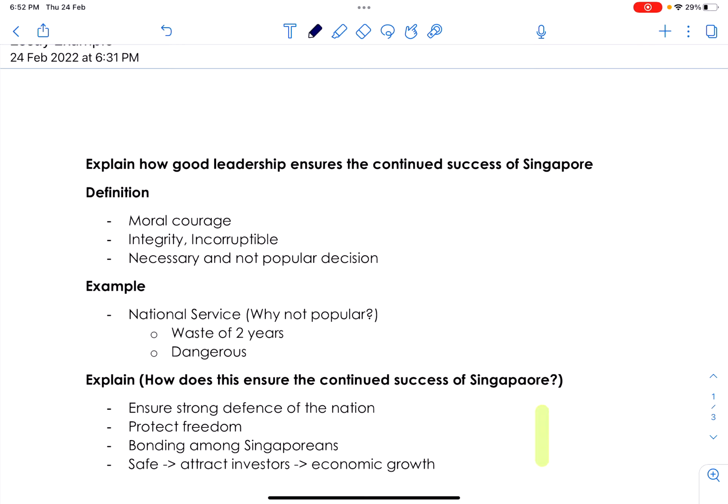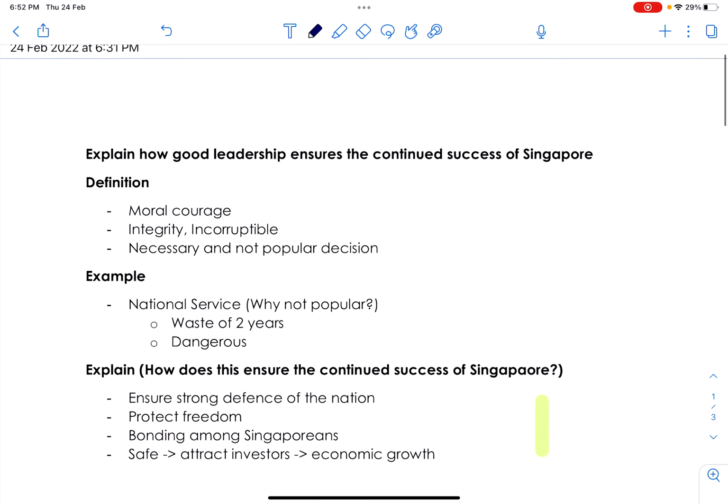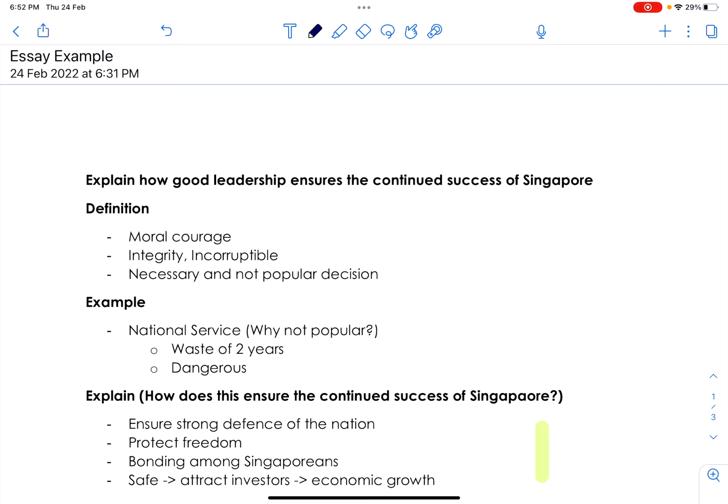Hello, I would like to go through your essay together with you. Very simple concept, all right, and that is good governance. The topic is good governance. All right, so it's called good governance. What is good governance? It's basically 4 principles, and over here I'll go through 3 of the principles.